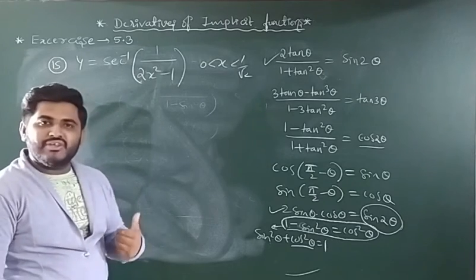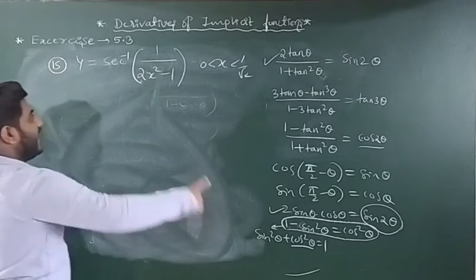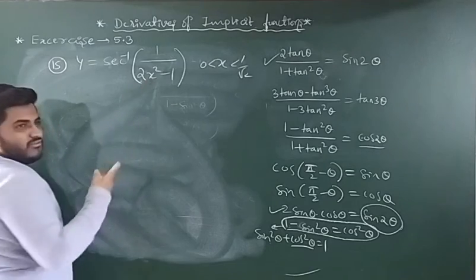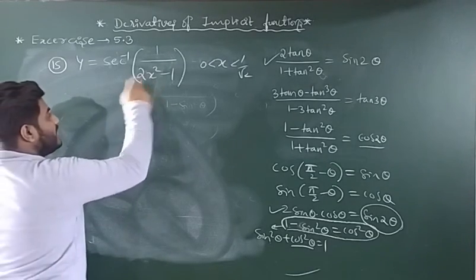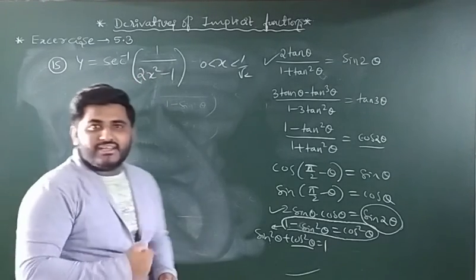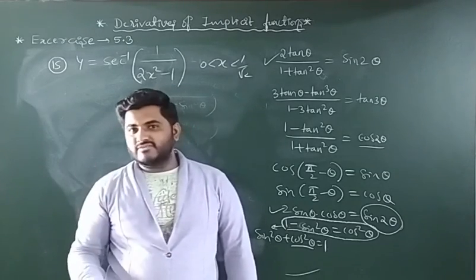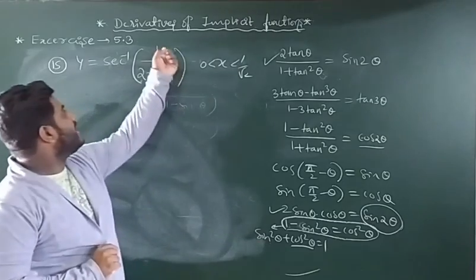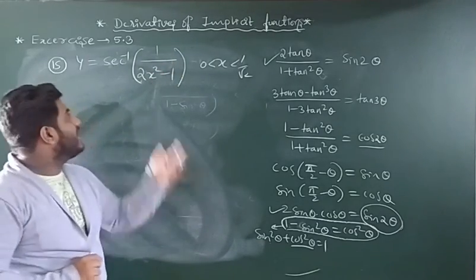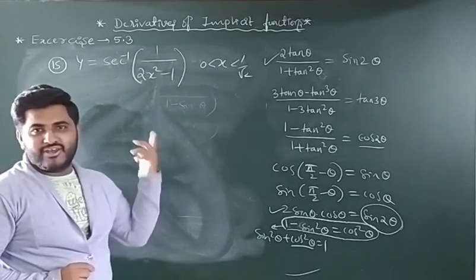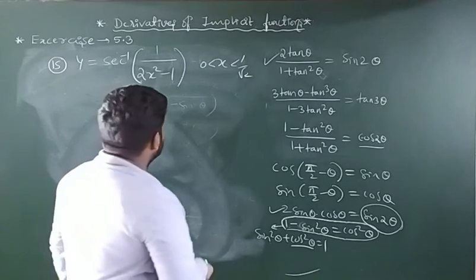So what do we have to substitute here? Carefully see here, guys. If you put sin theta, we are not getting any formula. If you put cos theta, what are we getting? 2 cos square theta minus 1. So 2 cos square theta minus 1 is cos 2 theta. 1 by cos 2 theta is sec 2 theta. Sec inverse gets easily cancelled and we are getting 2 theta. So put that formula here.